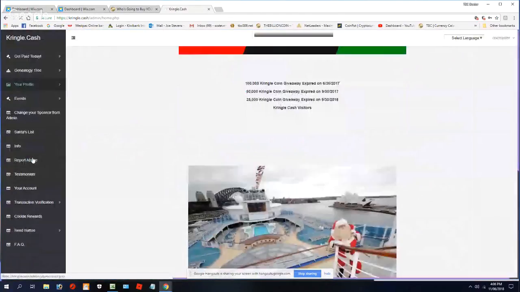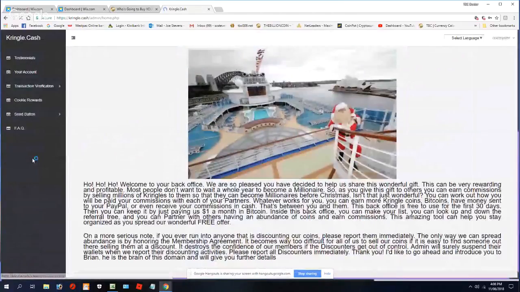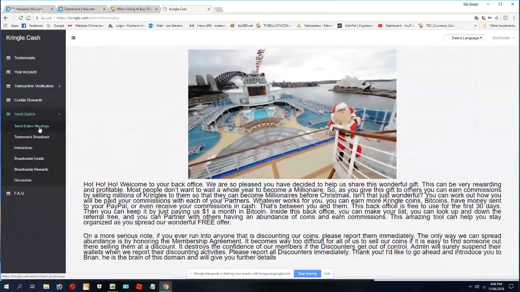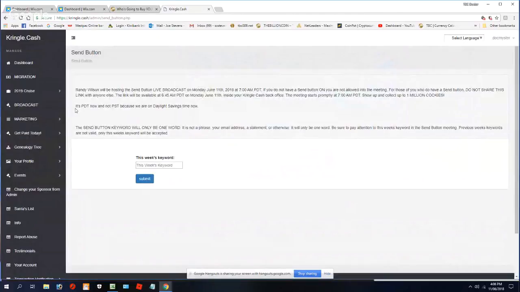Send button down the bottom. If you've got it on there, and everybody should by now have their send buttons on, go to the send button meeting. Underneath this daylight savings time, there will appear an address 15 minutes before the meeting, and the meeting is at 7 o'clock, 11th of June, at 7 o'clock in the morning.